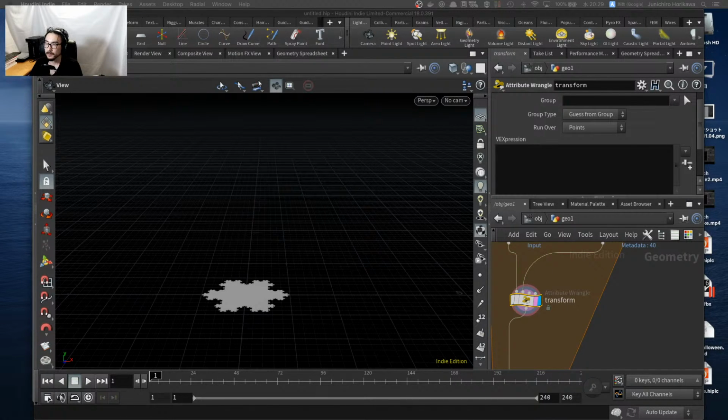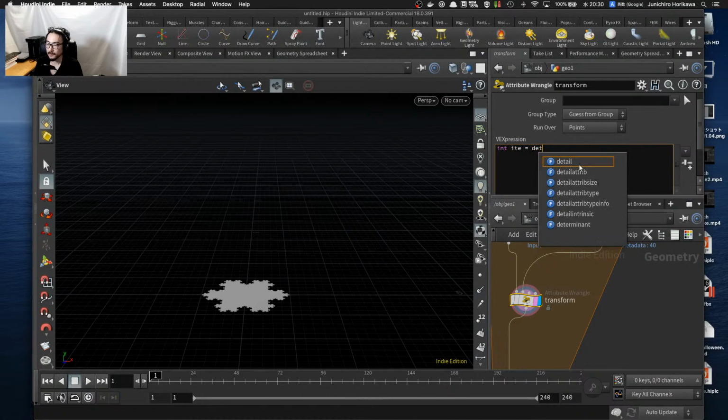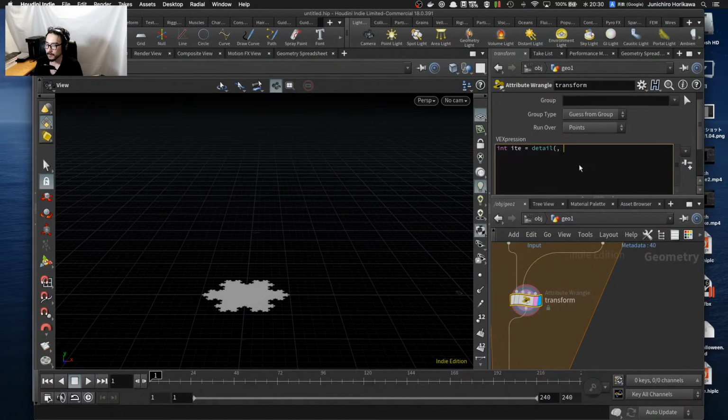Now, first thing you want to do is to bring up those two pieces of information, iteration and the number of iterations. So first of all, iteration from the detail of the second input. Int iteration, int num iteration. Okay, and from those two pieces of information I want to make some value called t, which